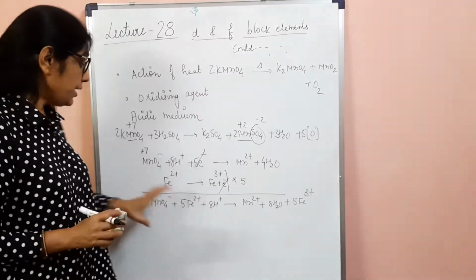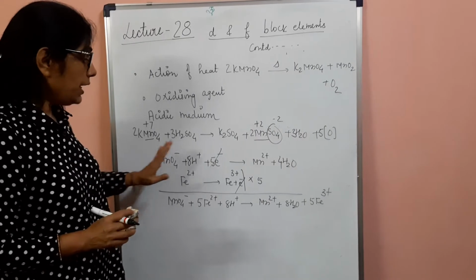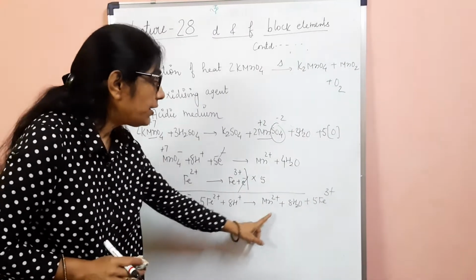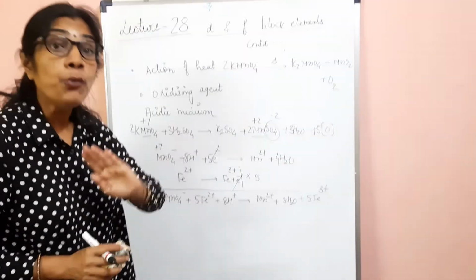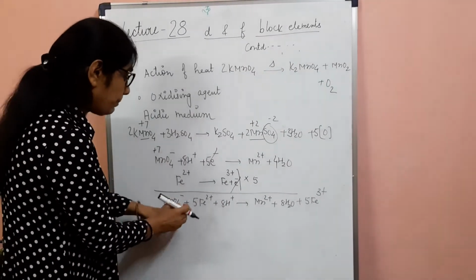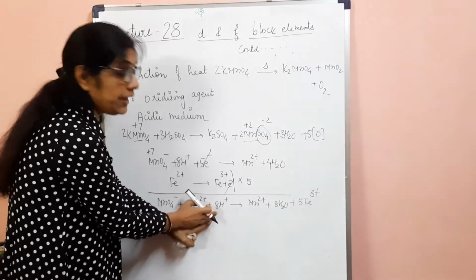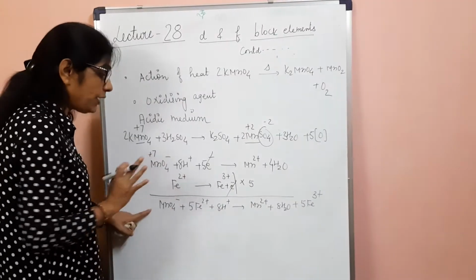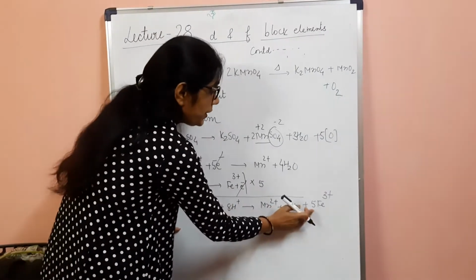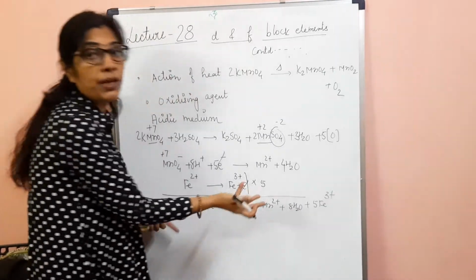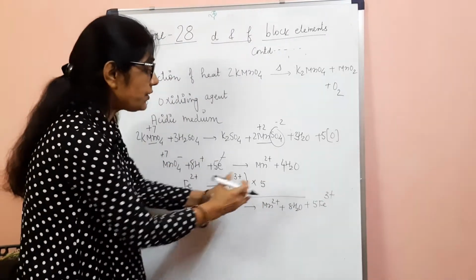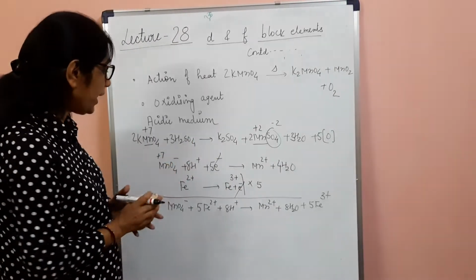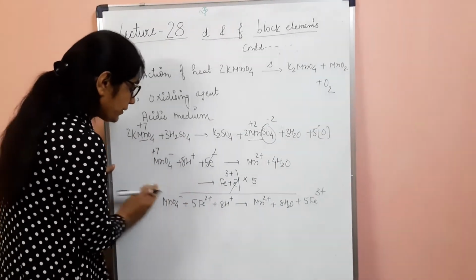So you can see that during these equations, electrons must be cancelled, and in the overall equation, atoms as well as the charges, they both should be balanced. Just see the example. Now 5 2s are 10 plus 8, so 18 positive charge, but 1 minus is there. So 18 minus 1, now it becomes 17. Now here you see 5 3s are 15 plus 2 is 17 plus. So on both the sides, charges are balanced as well as atoms are balanced. Okay, now let's see some more examples.